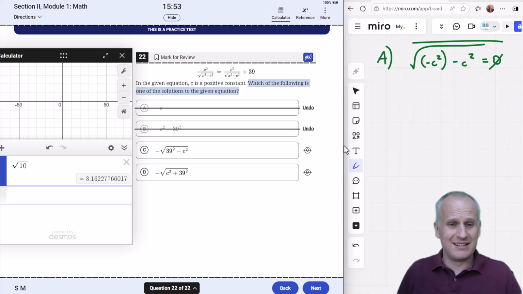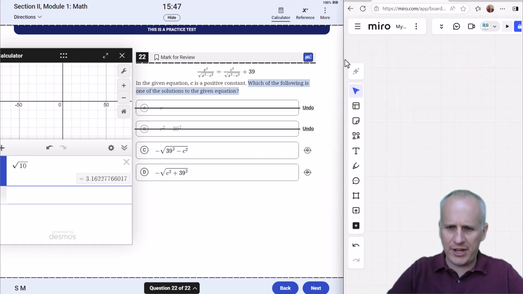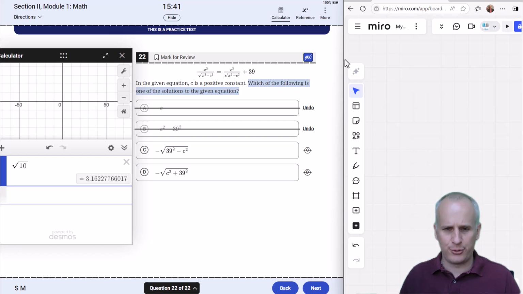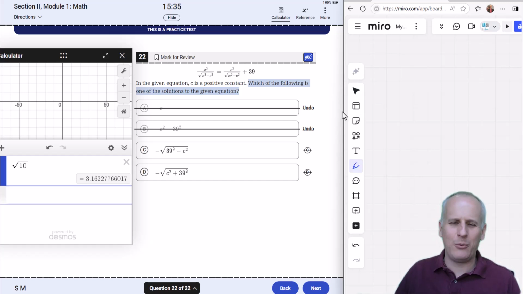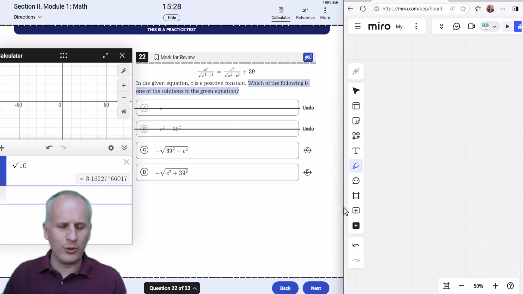So this is probably, for most folks, the hardest question in this section. And it is true that generally the difficulty level of problems in the digital SAT increases throughout the section. So you assume the earlier ones are easier, later ones are harder. But let's take a look at how we can distinguish between choices C and D and get to the right answer. So now that we've considered how to eliminate choices A and B, looking at choices C and D,